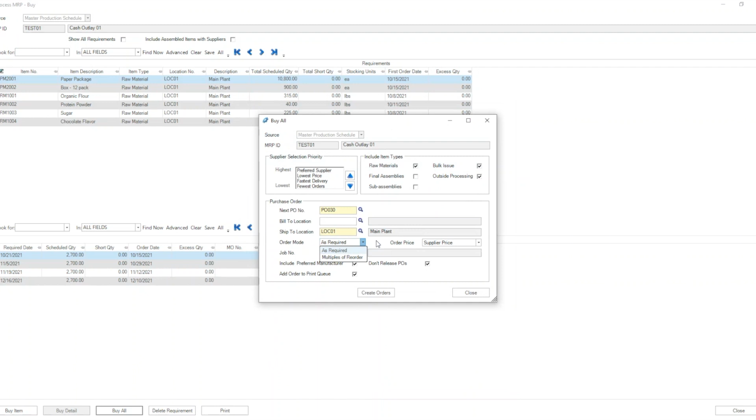We can identify a shipping location, order mode as required or multiples of reorder. That's really up to you, however you purchase your items. Again, same for supplier selection priority. These are really our settings for how we run MRP. You can decide which supplier to issue the purchase orders. In this case, you're not really issuing purchase orders, so you are just trying to calculate the cash outlay. So we click on create orders,